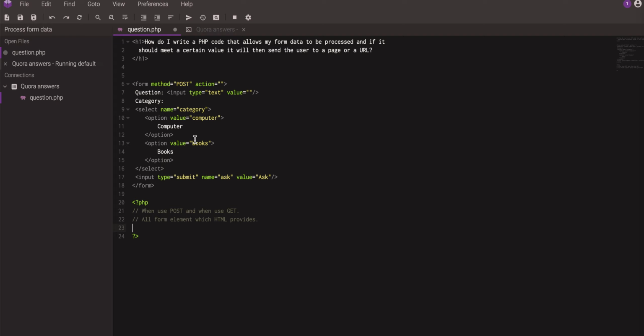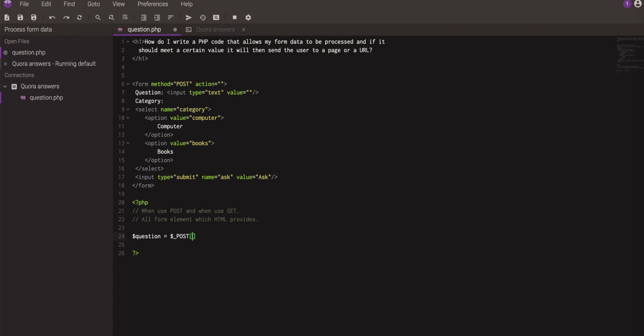And we should connect our PHP process code to this form. This could happen with these variable names. Each element has a variable name, and PHP can use that kind of name, that kind of variable. So what we have in PHP is a global variable, which contains all variables that have been sent through the browser. So for example, if I want to access the question, I need to create a new variable,